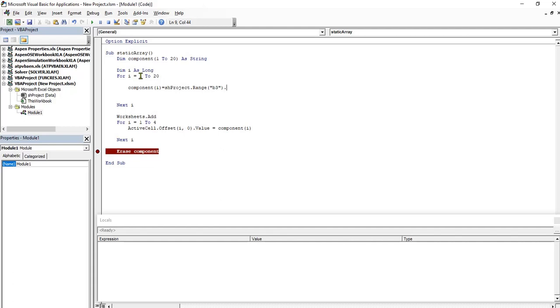So now since it's starting at 1, let me say I'll now offset. Let me say I use an offset. Now from this expression I've selected B3. So if I offset I, 0 down, dot value,